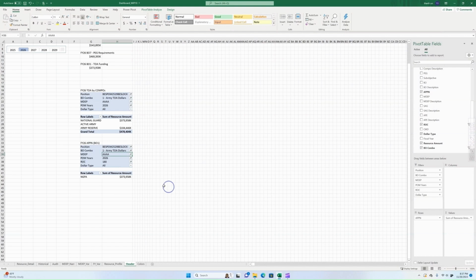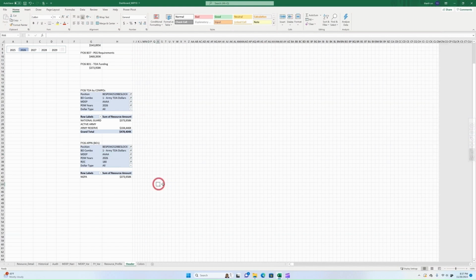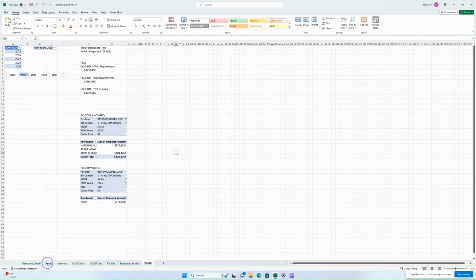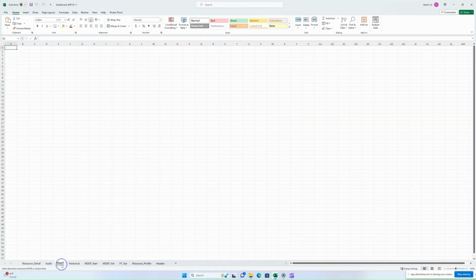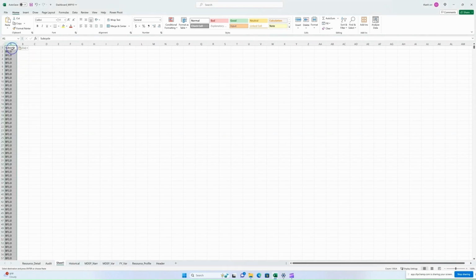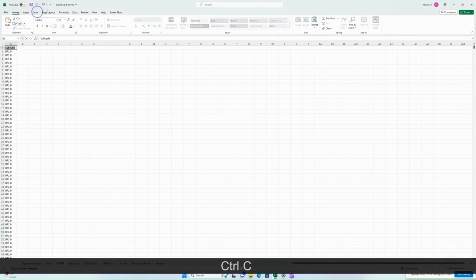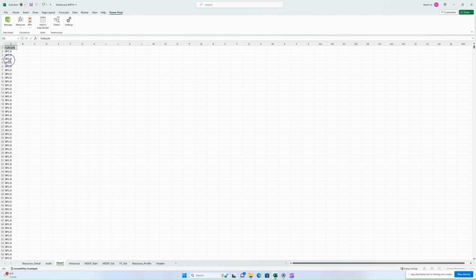Next, let's go ahead and make another sheet to show the audit changes. But before doing so, we'll have to make another table of the subcycles. That way, we're able to show all the subcycles within the rows when we're making our pivot tables. You might be asking why we're creating another table with just a subcycle. This goes back to the difference between a normal pivot table and a pivot table that we create from a